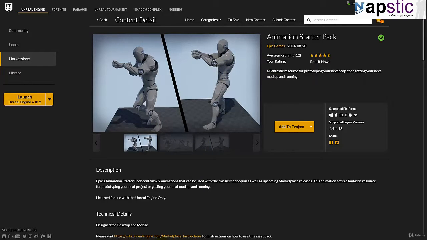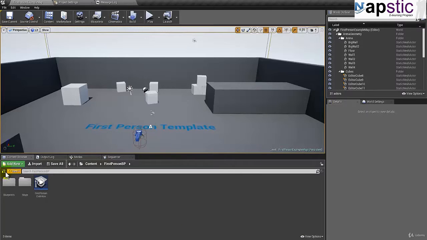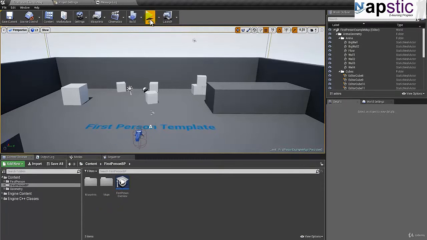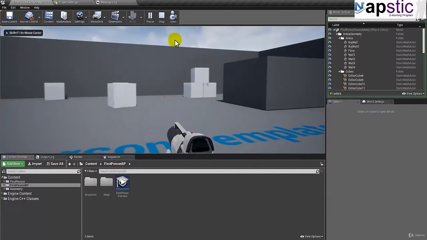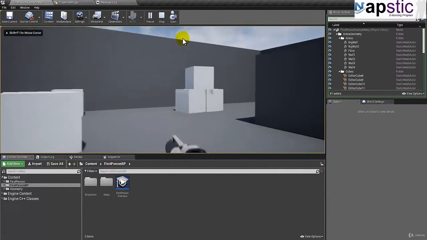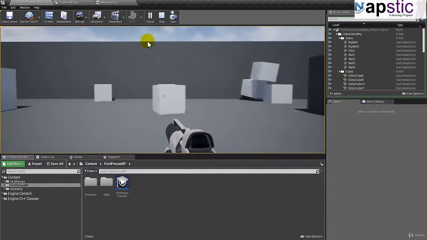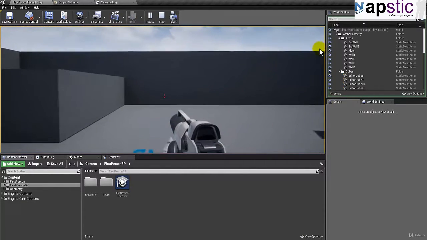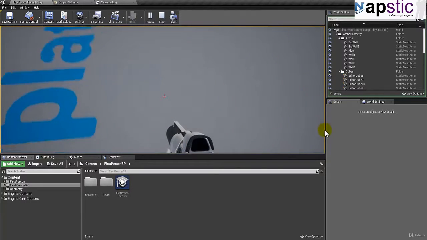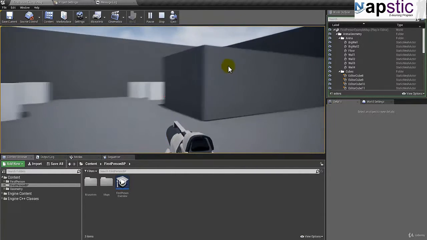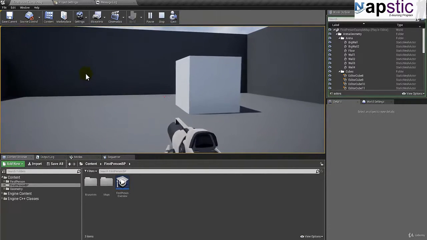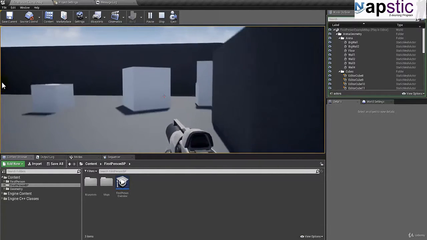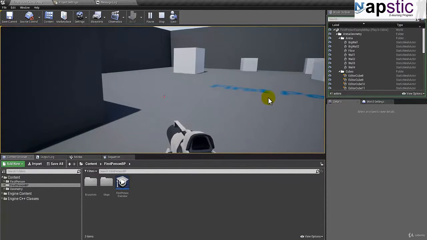Anyway, test FPS is loaded up. So there it is. Now if I just hit play, you can see it's all there. I can jump, I can shoot, and of course if I look down, I don't see anything. It's a very classic method of creating a first person shooter, where all you have